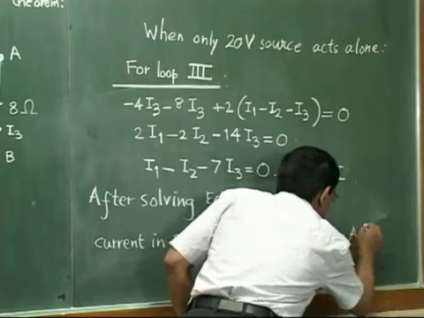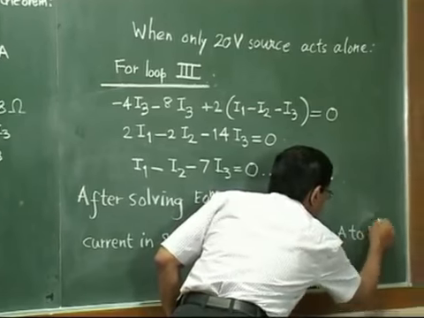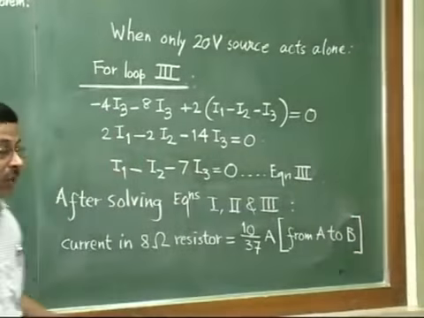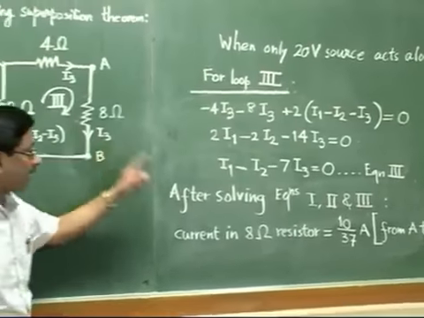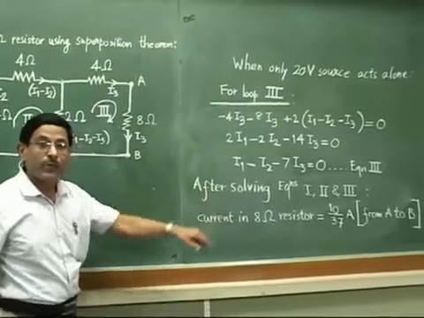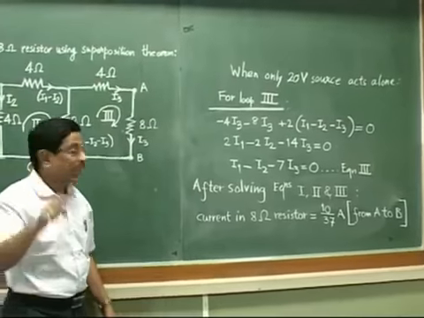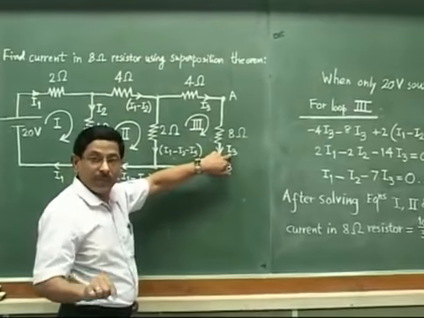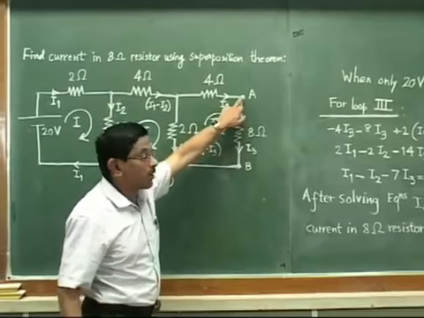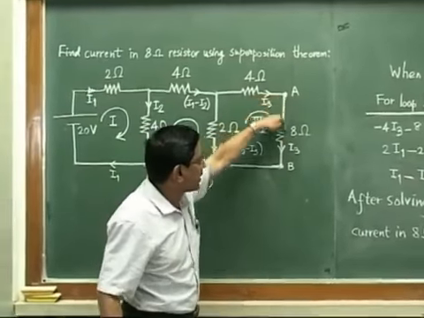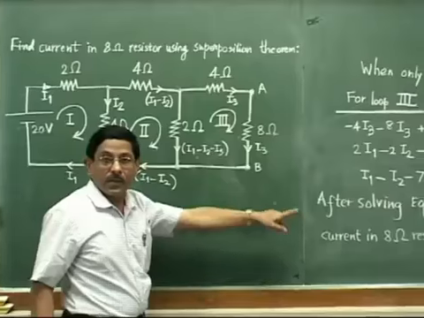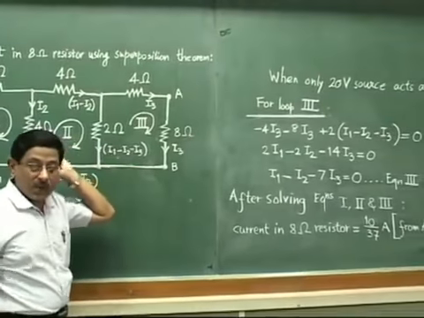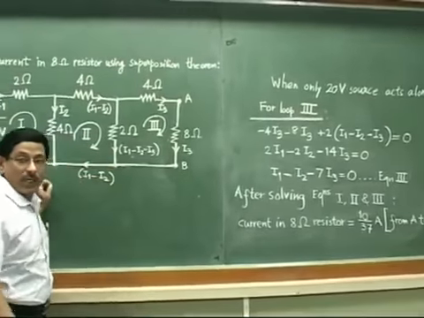That means what you will find? You will find that after your solution of these 3 equations, you will get magnitude of this I3 as 10 by 37, and you will get a positive answer. Positive answer indicates that this direction which is assumed is true, and then this direction is from A to B. Current moves like this. Okay, so that is the conclusion of the effect of only the first battery